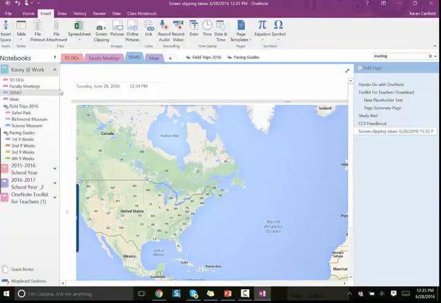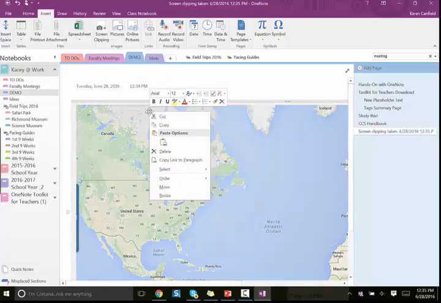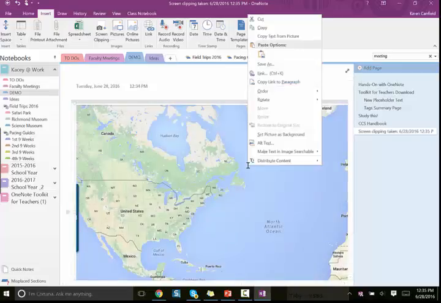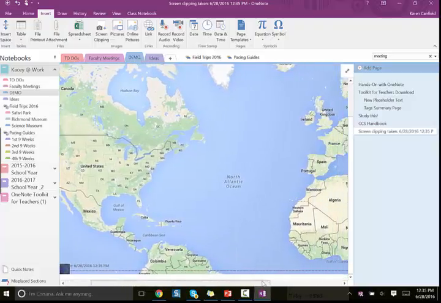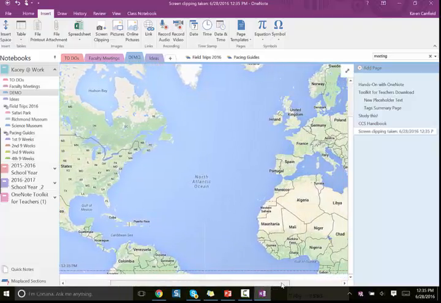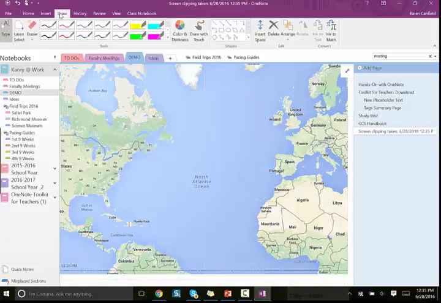It's inserted this into the page that I created for it, and it named it Screen Clipping Taken. You want to anchor this screen clipping to the background so it doesn't move around. But I'm going to right click, Set Picture as Background. Now I can have my students come up and use the Draw tool,